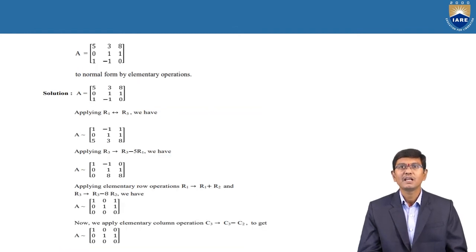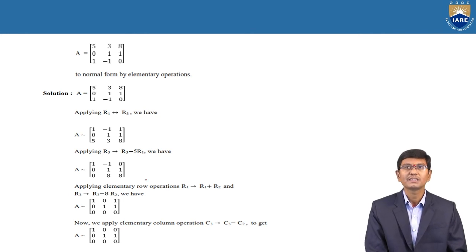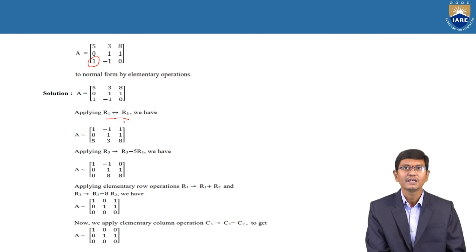Next, similarly, according to this matrix, A is equal to 5 3 8 0 1 1 1 minus 1, that is reduced to normal form by doing the elementary operations. The elementary operations here are also the row operations including the column operations. For example, in this matrix, the first column's last element, in the third row, is a 1 given. Therefore, immediately, first of all, by applying the interchange of R1 and R3,